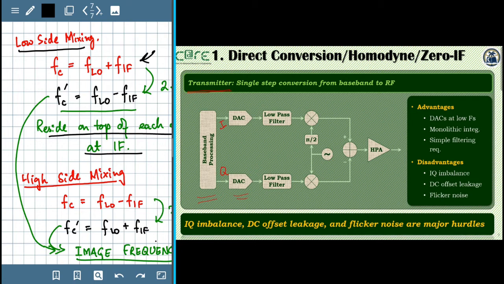So after this low pass filter, what we see is exactly the same that we saw on a slide earlier. This is basically an IQ